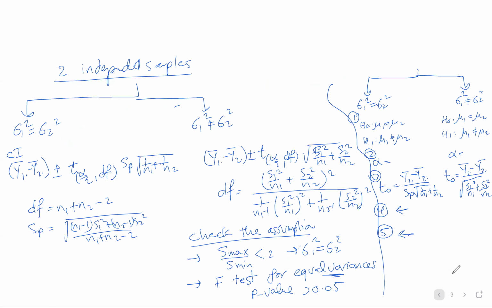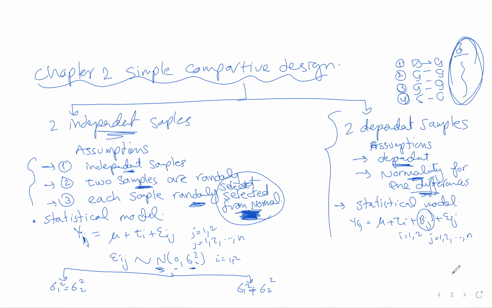Okay, let's go back to this one. I said we have two groups of data, before and after. We measured the same individuals or the same subjects 2 times, like before and after. Or we gave 2 treatments and we measured after the first treatment, the second treatment. We do not work with these 2 groups of data as independent samples. We work with the difference. So we have some values for the difference. If you calculate the average of these differences, it will give me x bar d. X bar d is the sum of the differences divided by n.